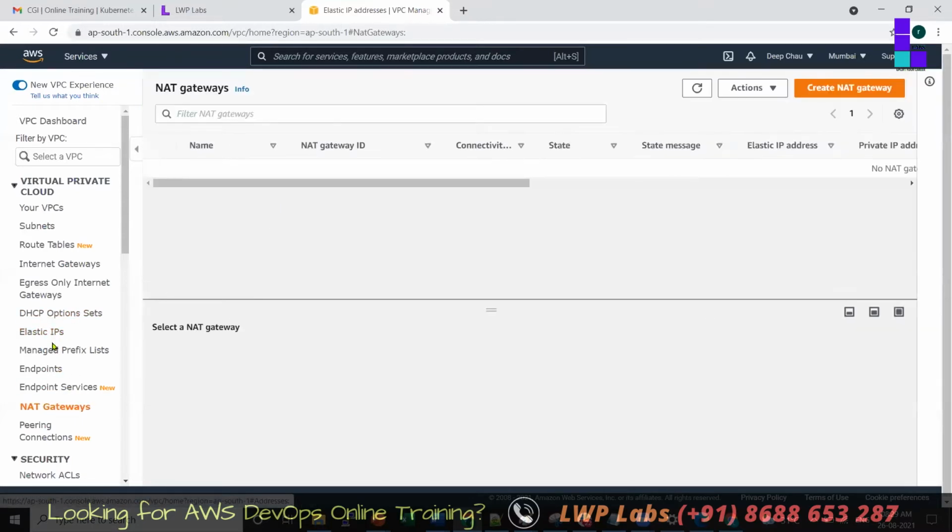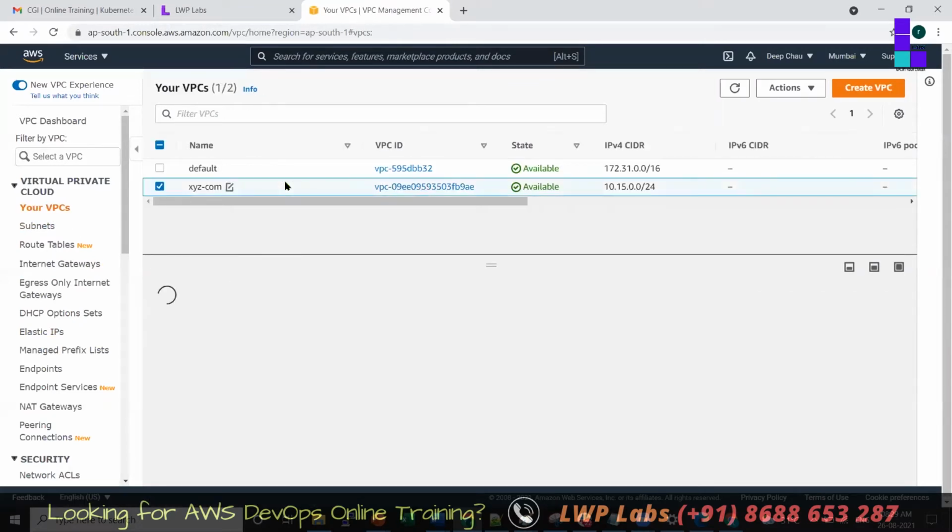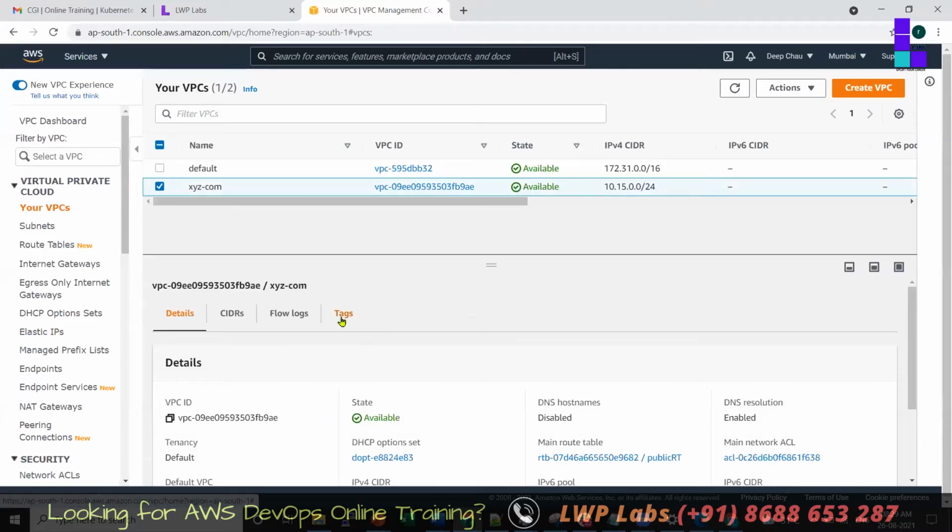If you do these two things, no charges will be there. For internet gateway and other things, we don't have charge. Okay. If you want to delete your VPC, in some interviews, they will ask you to delete a VPC. They will share the screen and say delete this VPC without a single error. Without a single error, you have to delete this VPC.